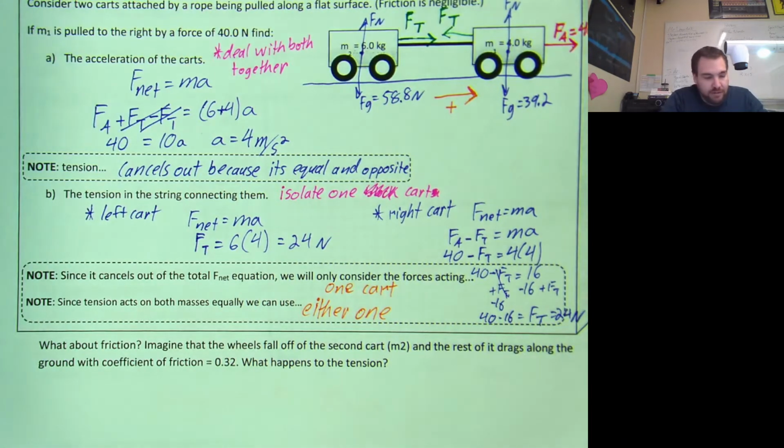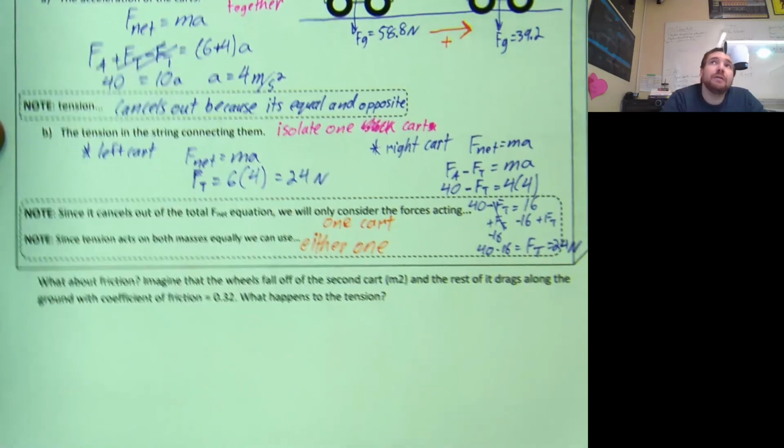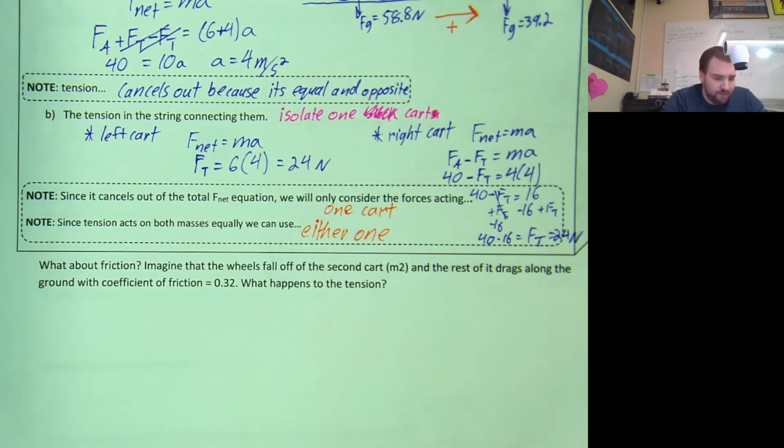What about friction? Because why wouldn't we bring friction into this? Oh, because it's just another thing. Let's imagine that the wheels fall off of cart number 2 and it drags along the ground with a coefficient of friction of 0.32. What happens to the tension? What do you think is going to happen to the tension? Going to be more tension, because the tension that is going to the left direction is going to increase, and that's going to make the acceleration decrease. And in the formula, F net equals ma, you're going to put